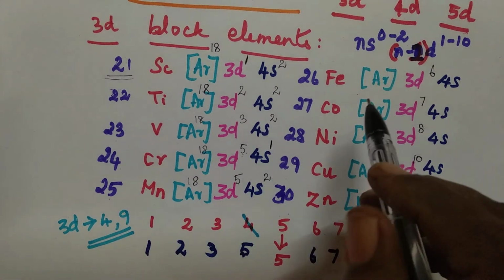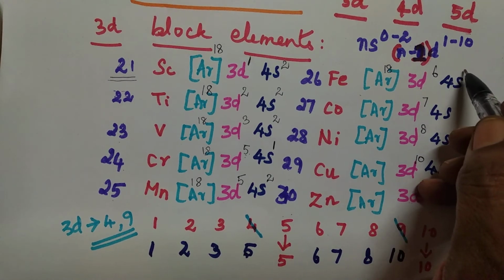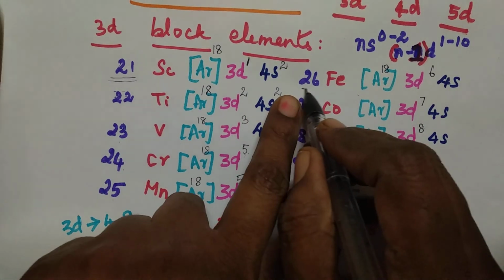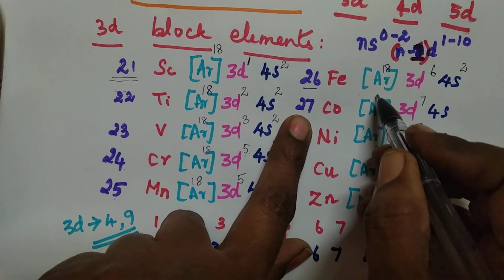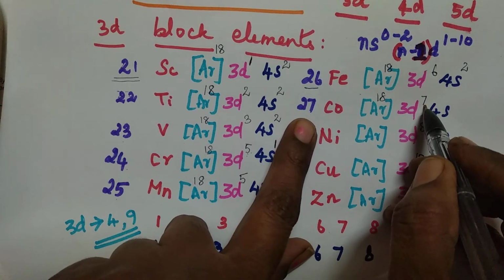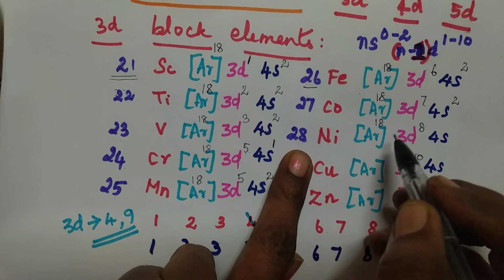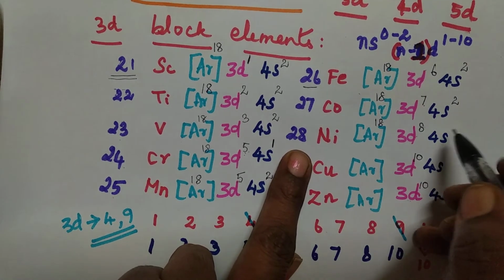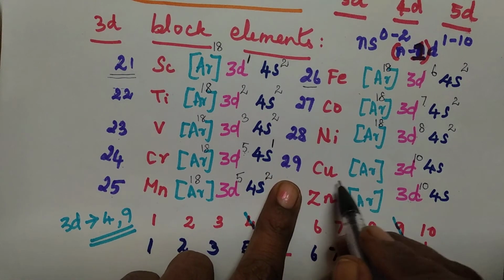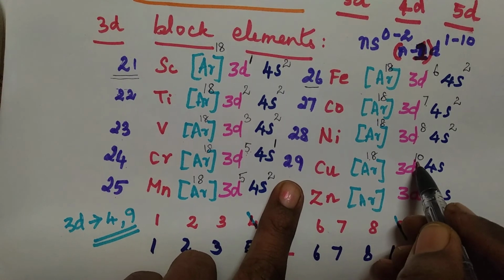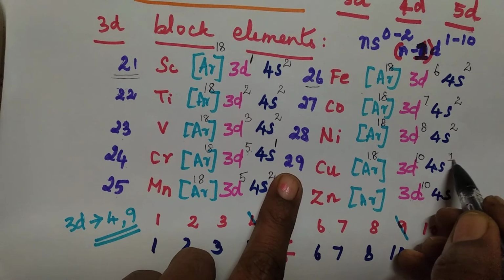Okay, like that, again go with iron. 18 plus 6, 24 now. 26 minus 24, from 26 subtract the two numbers added, so this is going to be 2. For 27, argon 18, 18 plus 7, 25, 27 minus 25, again 2 only. Nickel, it's again 18, 18 plus 8, 26, 28 minus 26 is going to be 2 only. Okay, like that. Copper, argon is 18, 18 plus 10, 28, there are 29, 29 minus 28, it's going to be 1 only.